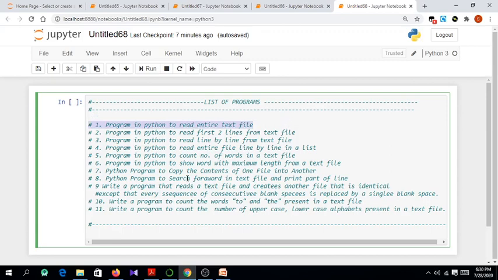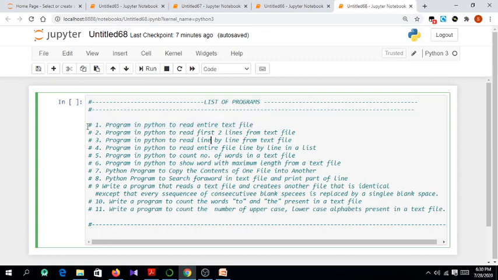These programs range from easy to moderate to slightly complex, and overall they cover all the aspects of text file handling. So let us begin with the first program. They are ranked from easy to moderate to slightly complex, so the first one must be a very easy one.